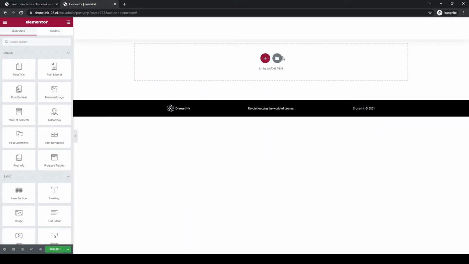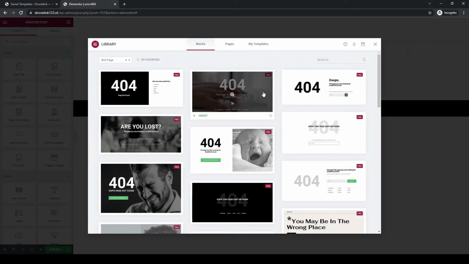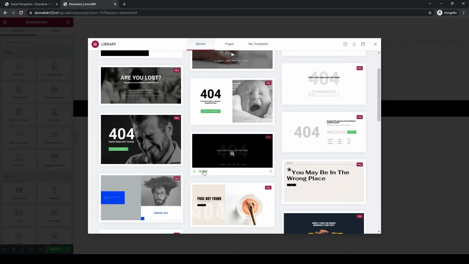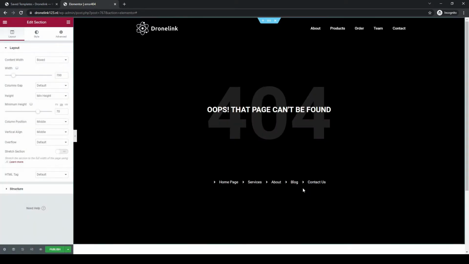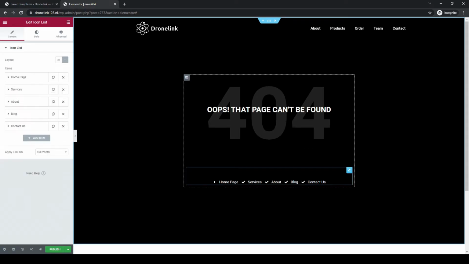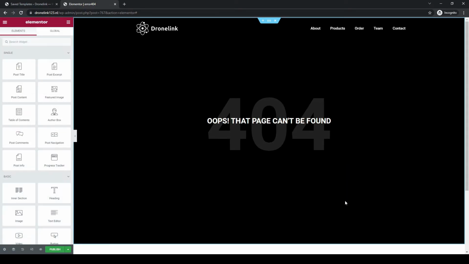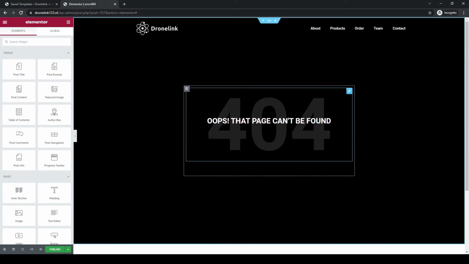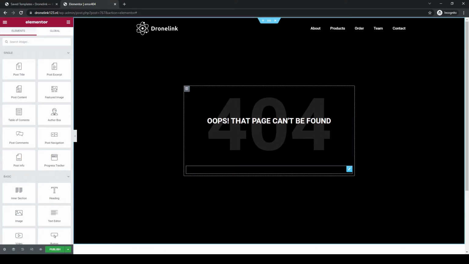So you can either build your own by using the elements and widgets, or you can just select a pre-made one, which I will be doing for the sake of this video. So I'm just gonna click on a random one, insert, and I don't like this information, so I will be deleting it. As you can see, it gives us a pre-made page for the oops, that page can be found